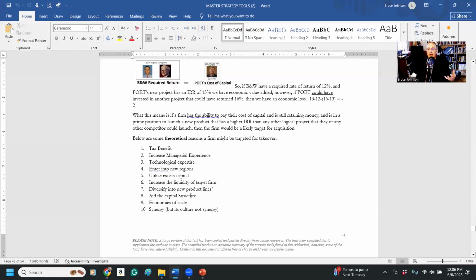The merger might help out the capital structure of both firms or one firm. It might create an economy of scale or scope that currently couldn't be possessed. And then the last one is the most important. That'll be a test question. Is there's a synergy. Now, what is synergy?